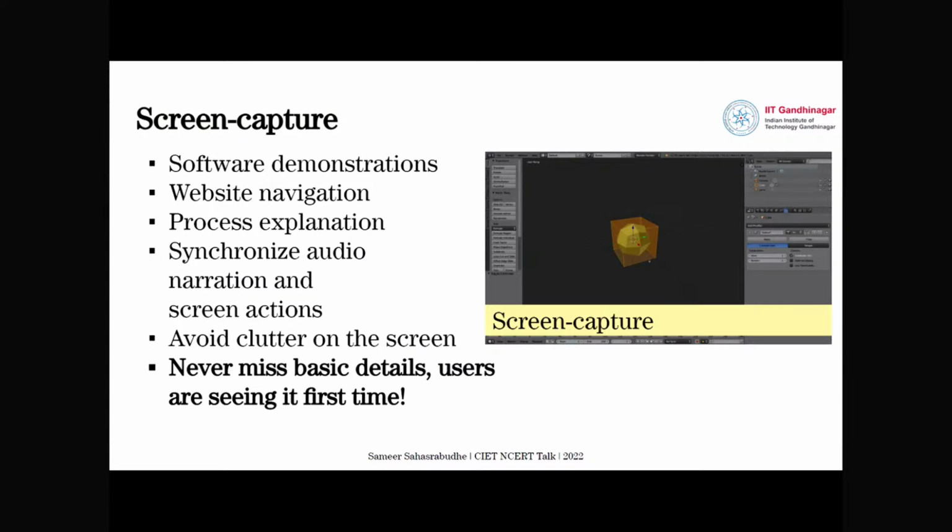In fact, some of the screen capture software also allow the mouse cursor to be shown with a yellow dot or something, actually going through various parts so that people can track it. Sometimes the mouse pointer is so small that I cannot figure out where the instructor has actually taken the mouse pointer and clicked something. So in order to avoid all these jumps, it's probably better to have an option for this.